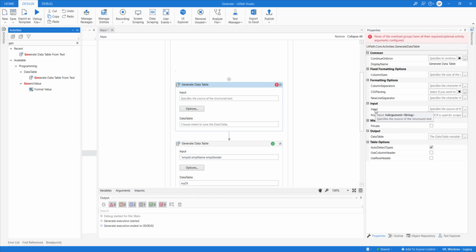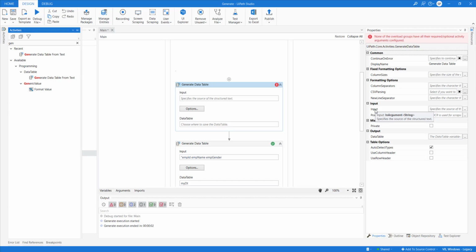Say, for example, if your data is in a flat file and you want to create a data table for that flat file, obviously that flat file should contain columns and rows, tabular data. If it is just text, there is no use of doing this. But if there is a text file which has some tabular data and you want to convert it into a data table, how should you do it?